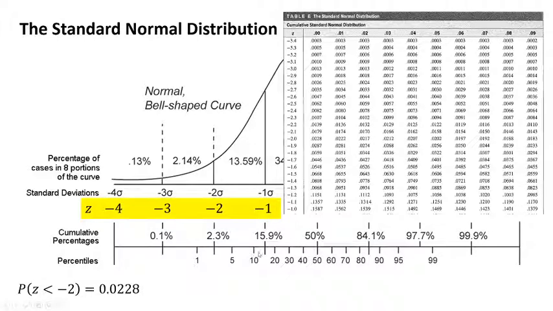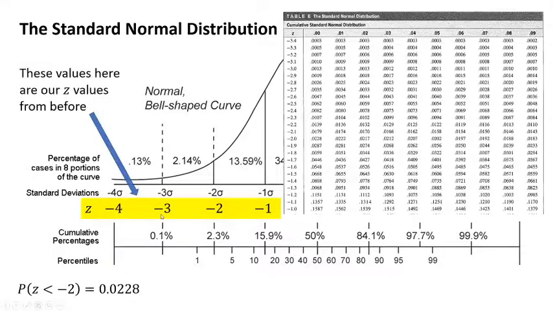Here's some more examples. As it turns out, we can actually get more accurate information than this coarse scale can provide. These come from the normal distribution charts that I've given to you on D2L as well, where you can look up some z-value. Again, I've highlighted these z-values in yellow. 4 standard deviations below the mean has a z-value of -4. 3 standard deviations below the mean has a z-value of -3, and so on and so forth. So you can use this chart to find information more accurately than before. So these values down here are our